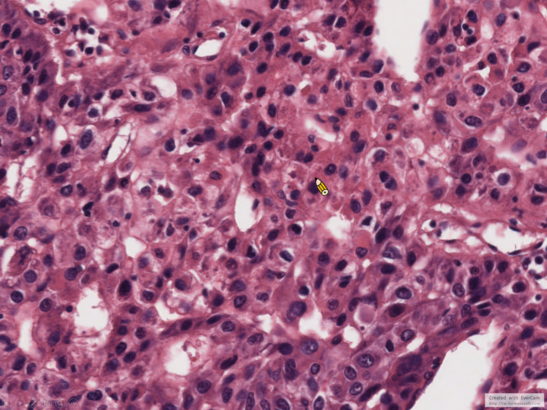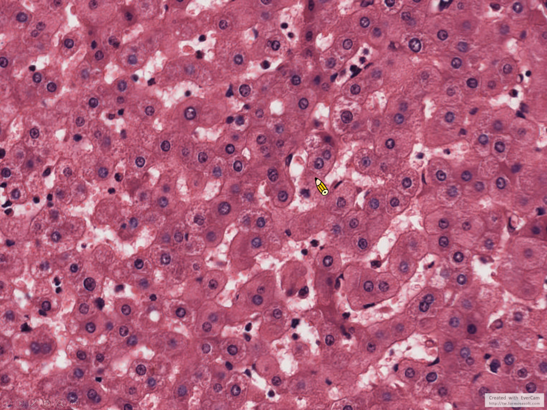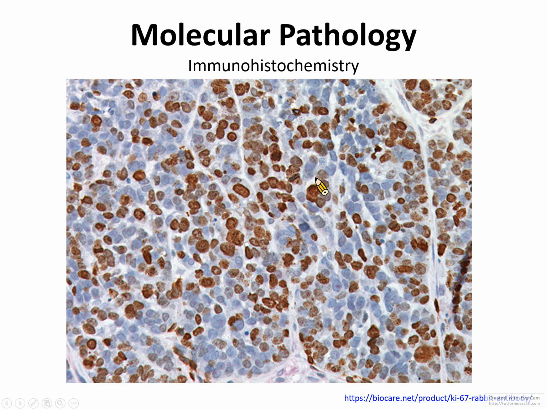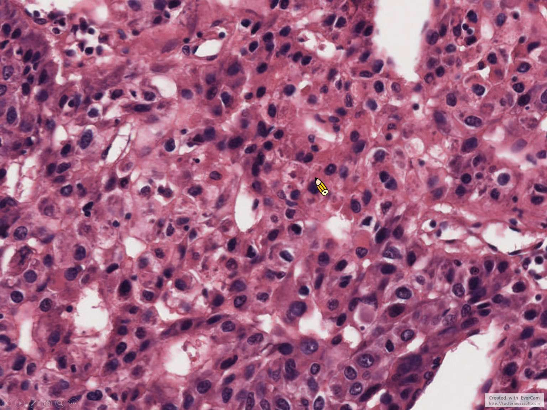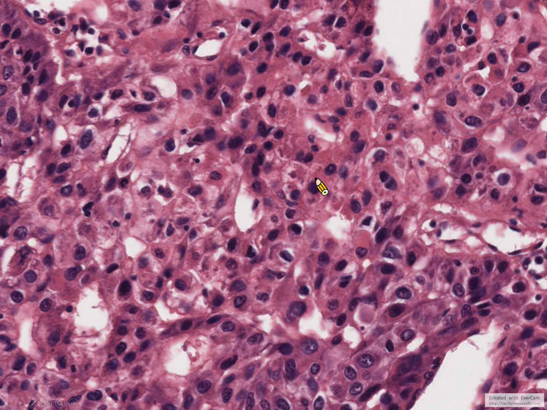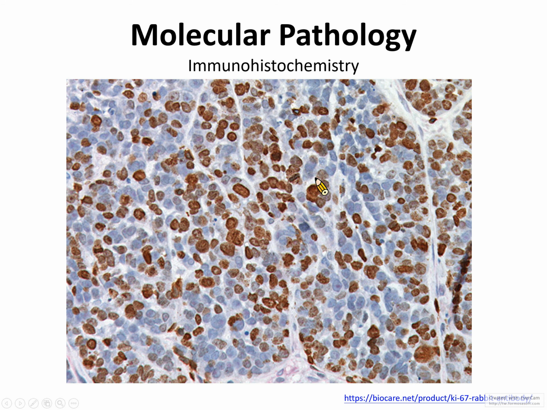Okay, so based on these two liver pathology slides, I just want to show you one of the visual rules that can identify benign and tumor. However, sometimes it's very difficult to differentiate tumor, cancer and benign just based on visual identification. So in that case, you need molecular pathology, which means that you can use the immune markers to